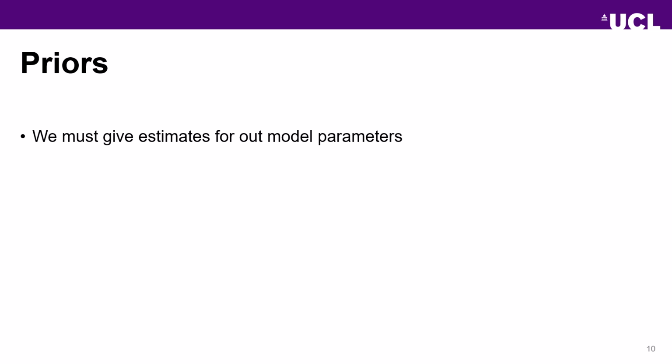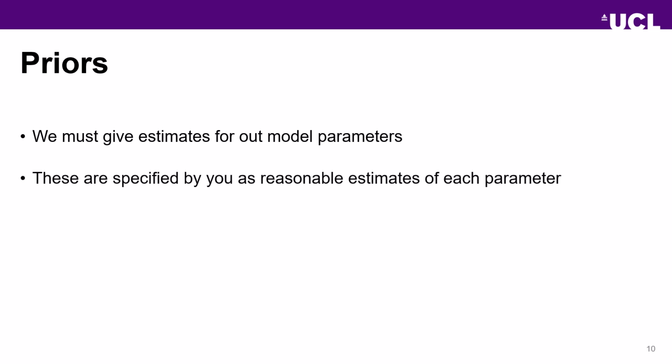So with these priors, these are reasonable estimates you have for each parameter. We need to do this so the model has no concept when you start it of what a reasonable estimate is. If you gave it perhaps infinite priors, it could come up with some absolutely insane, physiologically impossible results. So we need to give it priors so it knows where to look and what's reasonable.